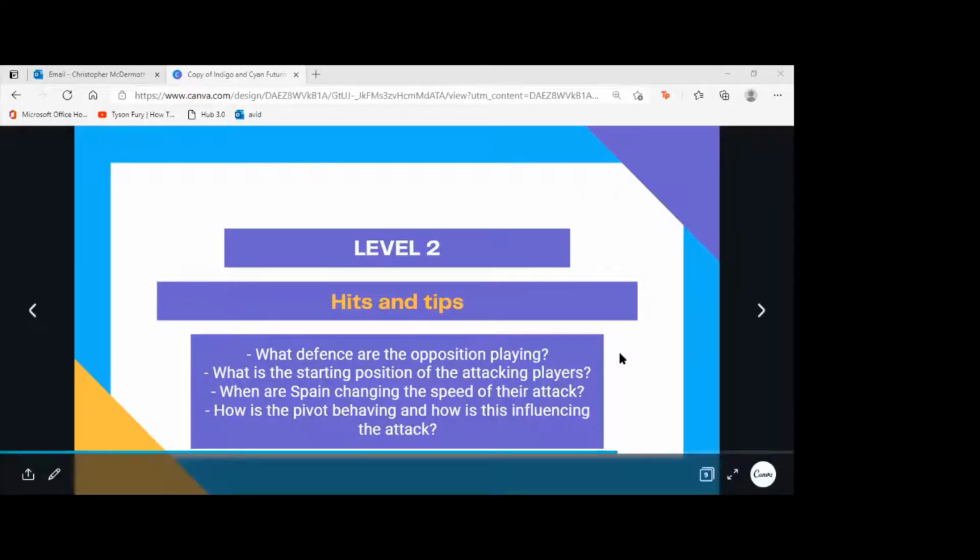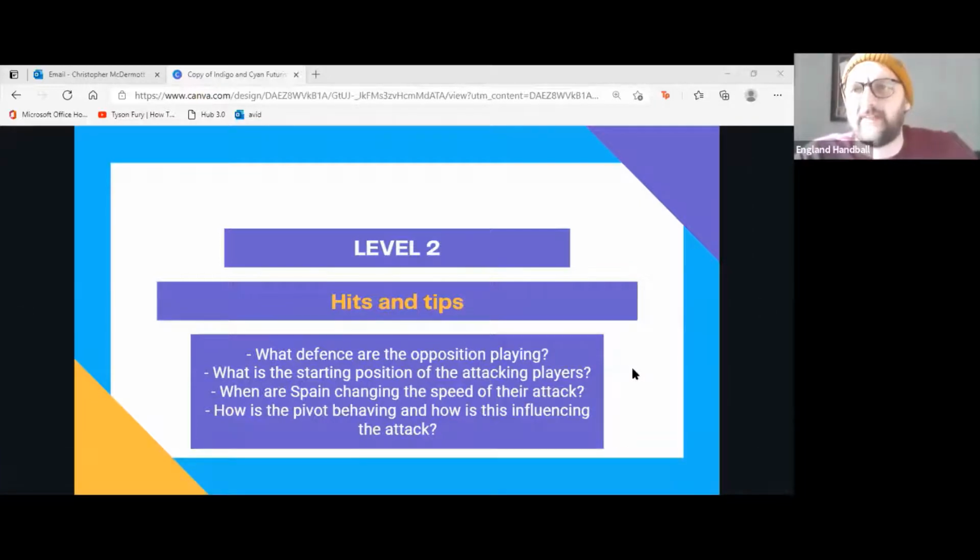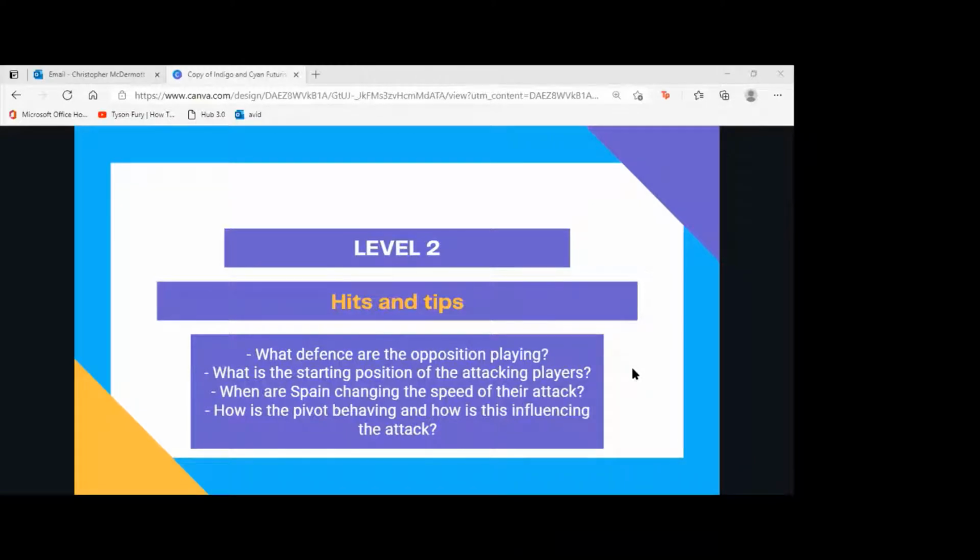Did we say they were playing 6-0 defense? Yes, I think somebody said that. I might have missed that actually. Yeah, you are right. It's 6-0. What do you think about the 6-0? Do you think it's closed and defensive, or do you think it's quite aggressive? In my opinion, it's good overall at stopping people jumping in, but